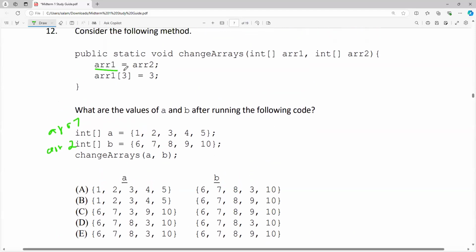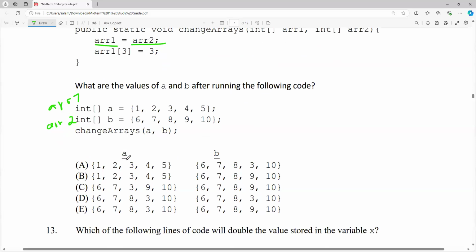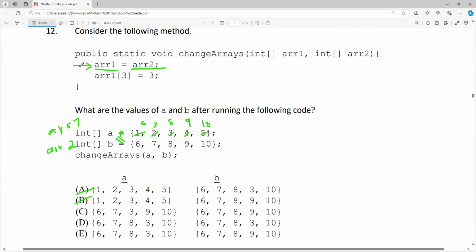So right off the bat, array 1 equals array 2. So everything that's in array 1 becomes array 2. So this is gone. Right? So this becomes 6. This becomes 7. This becomes 8. This becomes 9. This becomes 10. Right? In essence, they both point to the same array. Okay. So now that's the first line. The second line then takes index 3, or in essence, element 4,